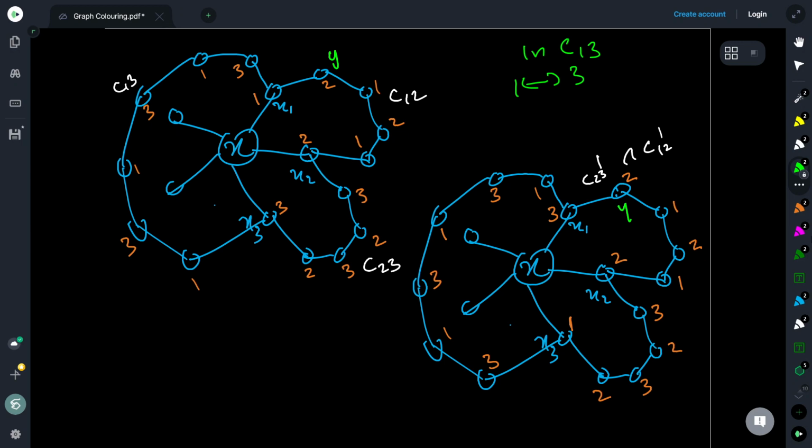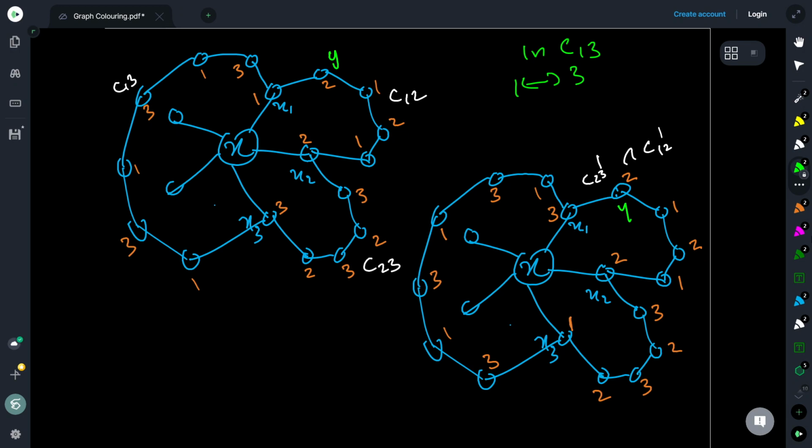Now what has happened if I interchange the colors here? Of course, the vertex x1 is now colored 3, then its neighbor is 1, then 3, 1, 3, etc., like this in this path. That is all we have changed, and therefore x3 is colored 1. Now this switching in one of the components always ends up in a good coloring, so it's a proper coloring.